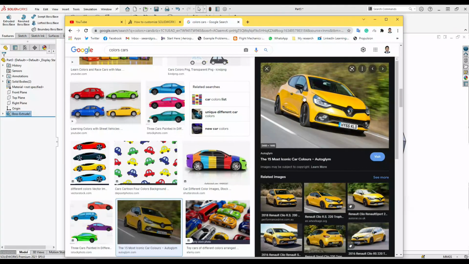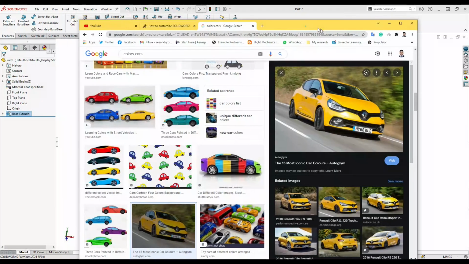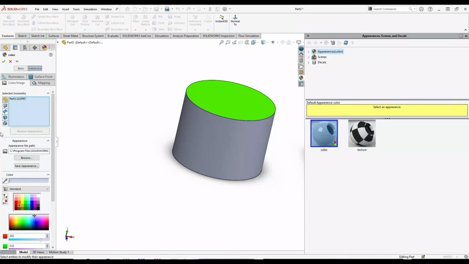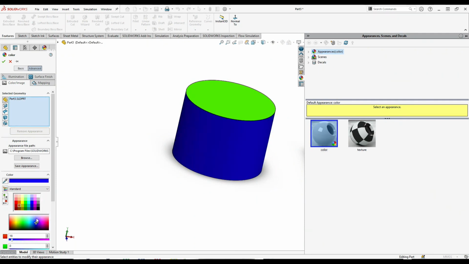If you want to give this color, here is the option, just click this one. Any color you want to give, like this color here, the color will be changed. Just drag the blue color. If you have online colors from the internet, you can give that color also.